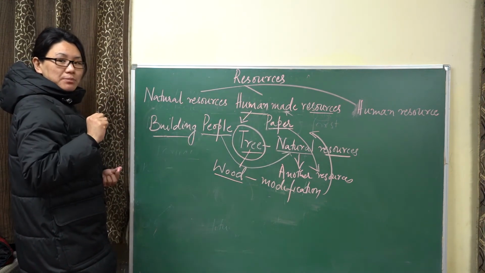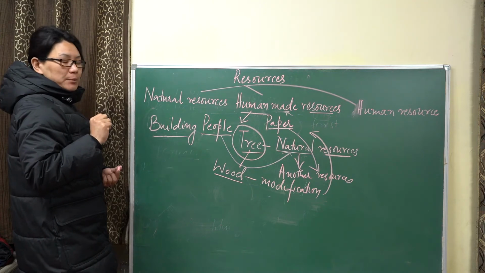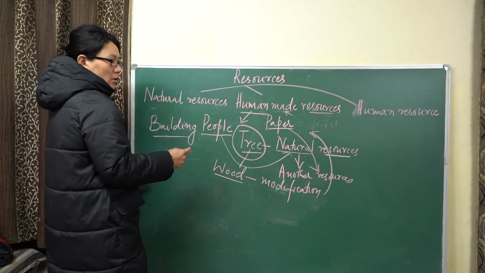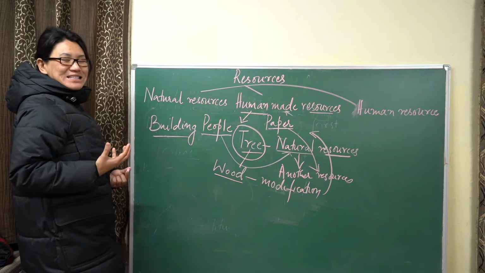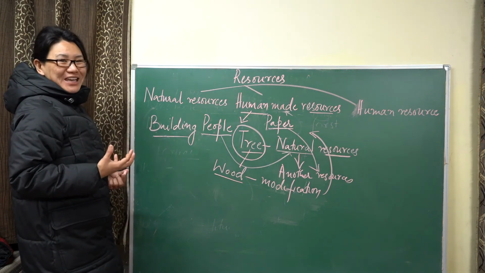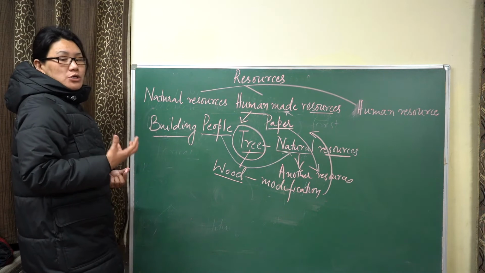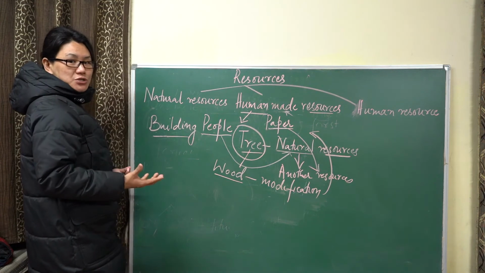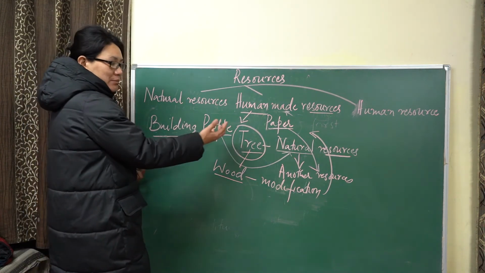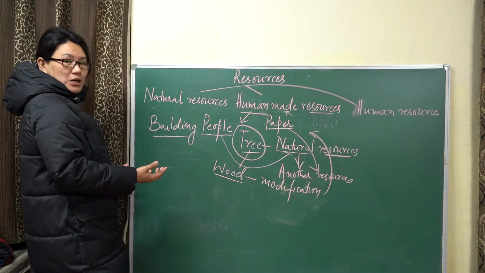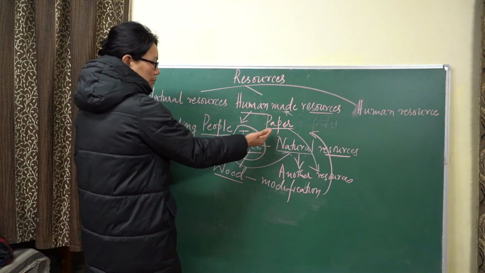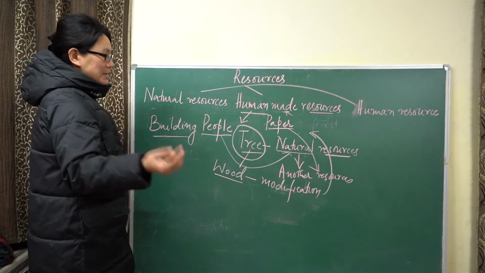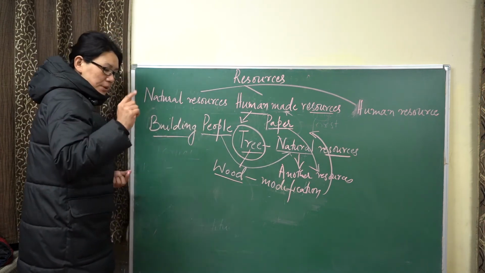So in short, what the people are doing here, people are making use of natural resources, right? Now, whatever we get from nature, as it is, we cannot make use of it in some cases. Alright, so what they do is, they go for modification here, change here. They will change it, right, into something. Is that clear? In order to make it as a paper or building. Right, so I have taken here only two examples. One is paper, another one is building.